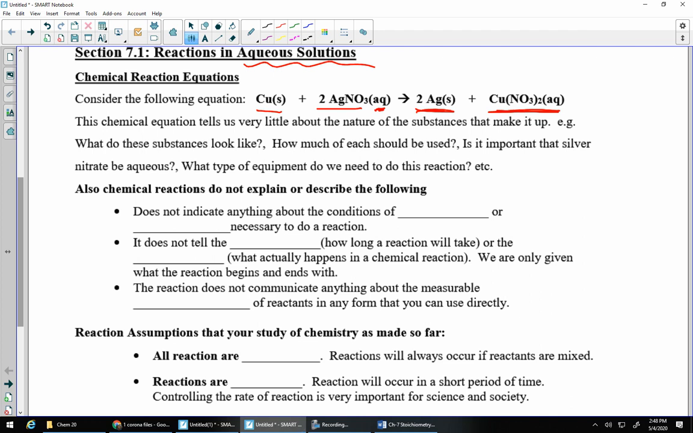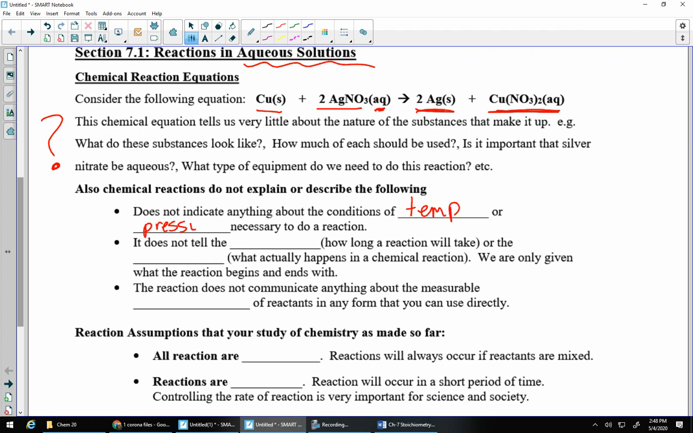Is it important that the silver nitrate has to be aqueous? Is it okay if it's a solid? What type of equipment do we need to make this work? All of these are great big question marks, and there's so many more. So a chemical reaction tells us a lot of really good things, but it's also missing out on some really, really important things. For example, it does not tell us anything about the temperature or the pressure